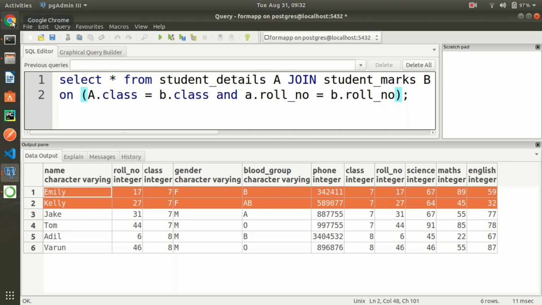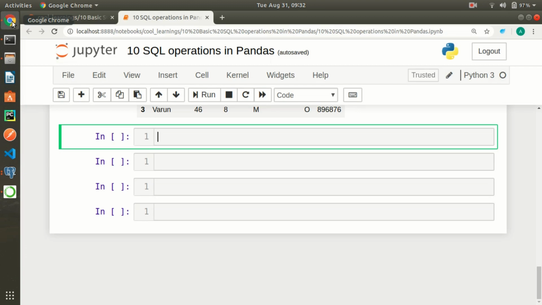Now let us see how we can do the same using pandas. In pandas we have a merge function which allows us to join two or more data frames. So I'm going to execute this by calling pd.merge, and inside this we need to put some parameters. The first one would be the first data frame, which is student details. The second data frame would be student marks,